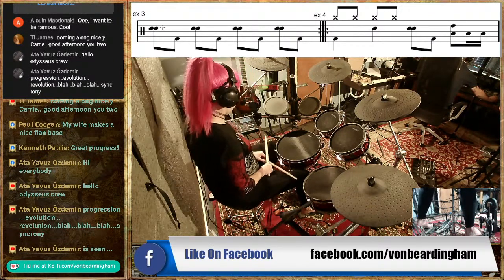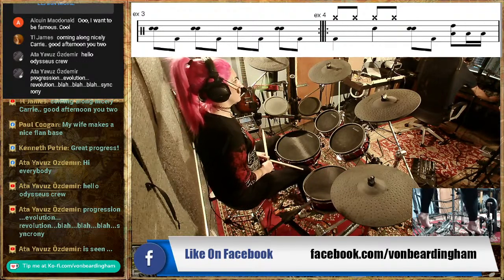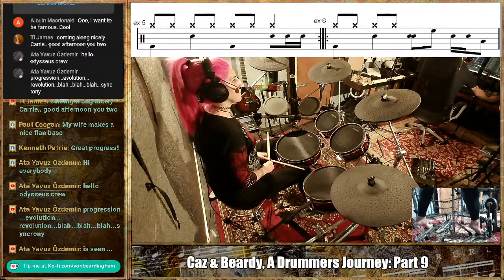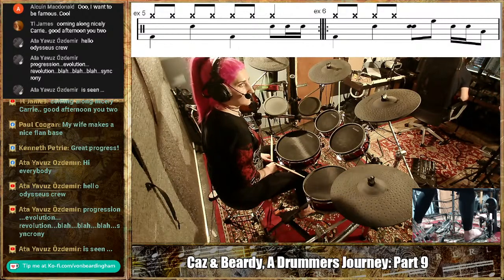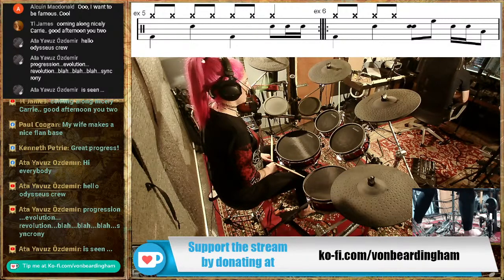Right. Where are we? Okay, let us scroll down. Exercise 5. A lovely, lovely little easy one. So here we are starting the drum roll just after the 4. So we're actually starting on the and of the 4. So we get boom, cat, boom, boom, cat, and So 1 and 2 and 3 and 4 and